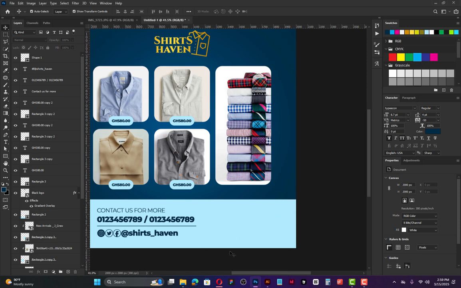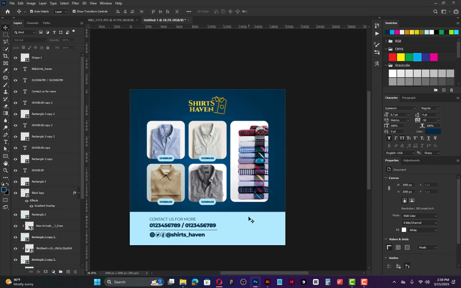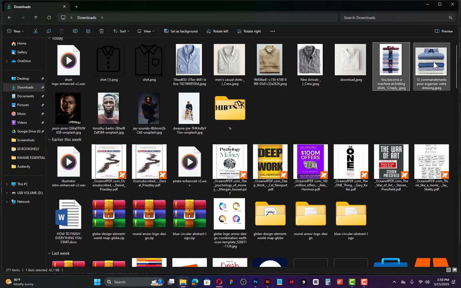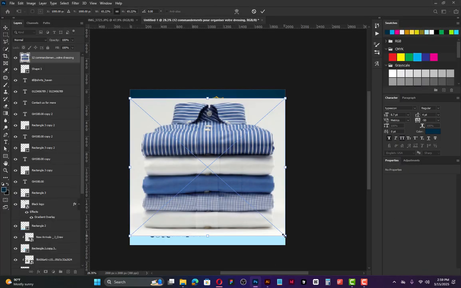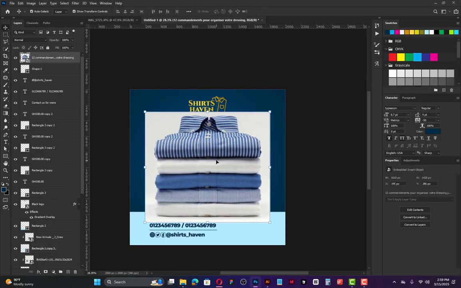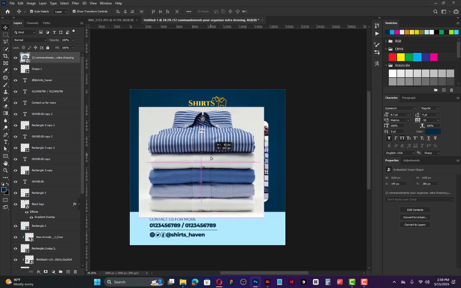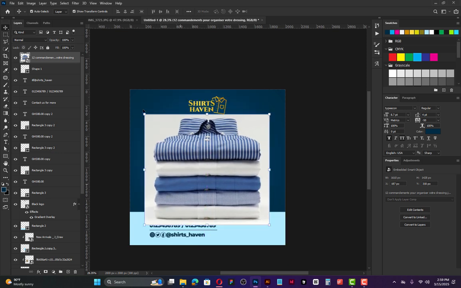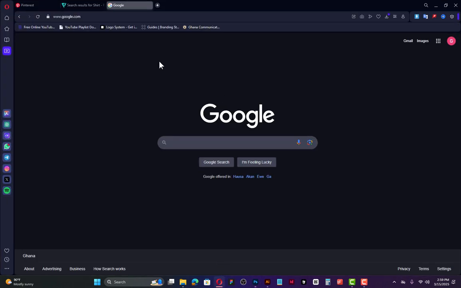Now to fill up this space, okay, to make sure that the design is balanced, you can select this particular image here, and then bring it there, bring it here, reduce the size a little. You see this image, I'm going to put it here, but what you're going to do is make sure you select the background and then remove the background. So what we're going to do is click on subject for you to select the shirts from the background. So my scratch this is full, so this is an alternative if you're unable to do it